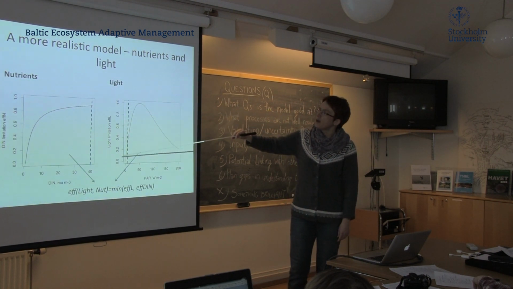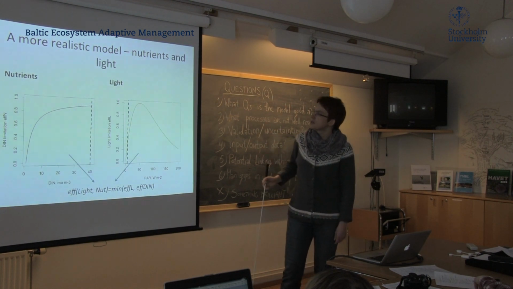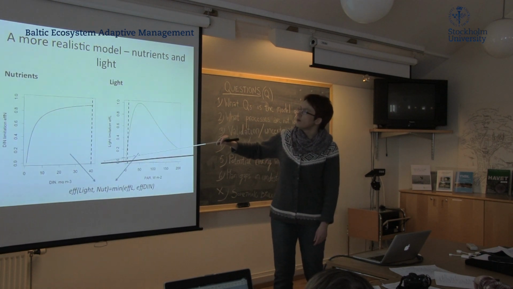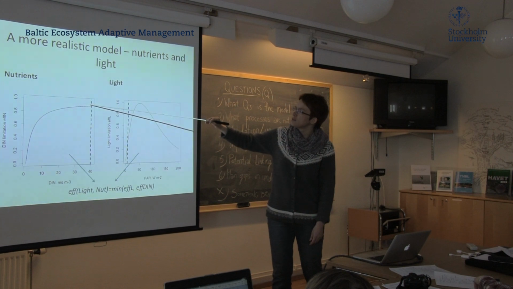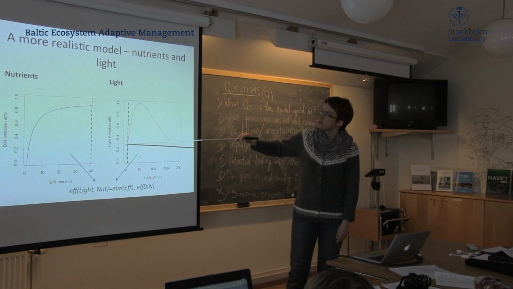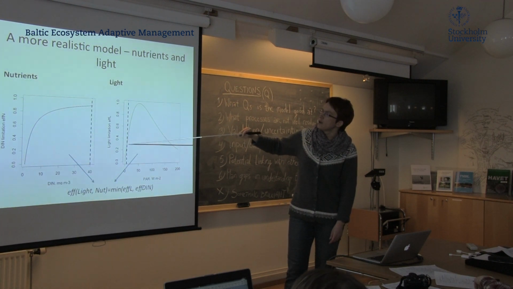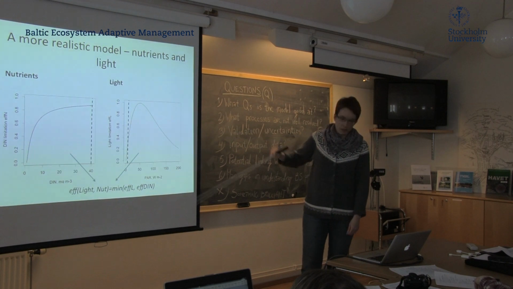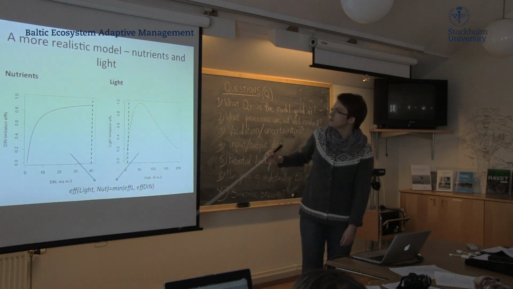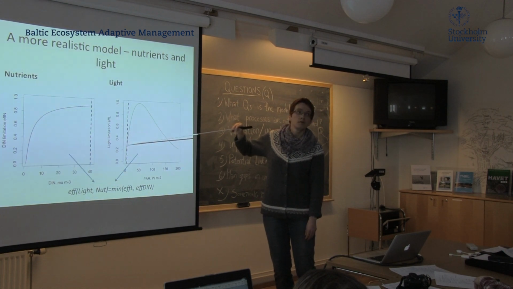If there's too little light, your phytoplankton is not going to grow. And then if you have a water column, for example, marked with the lines here, with high nutrient content and low light content, you compare those two factors together, you end up somewhere here, close to 1 here. So this is a light limited situation,